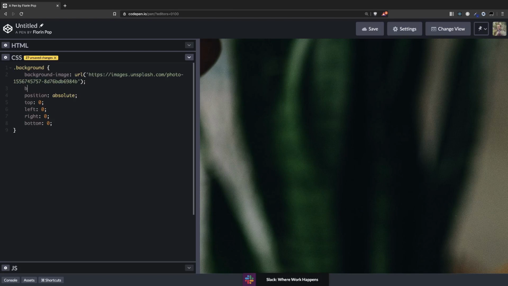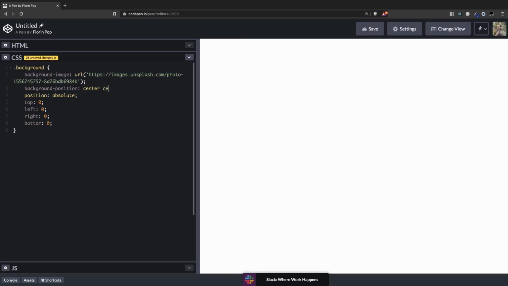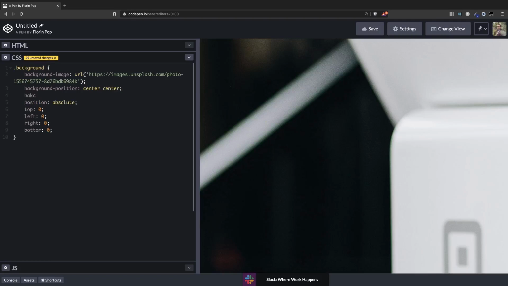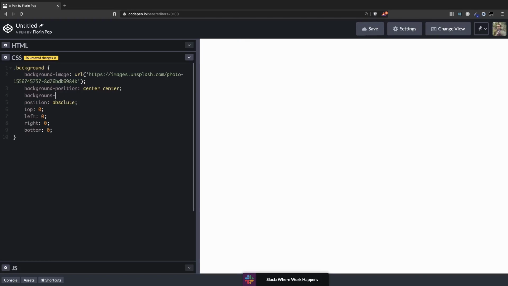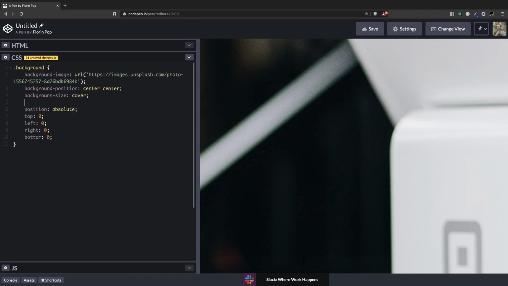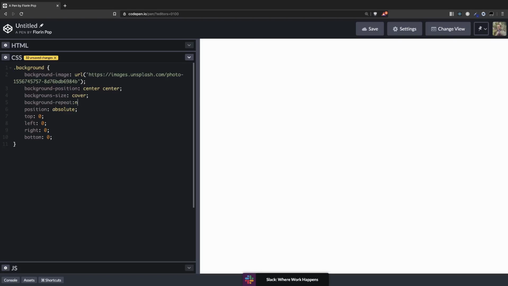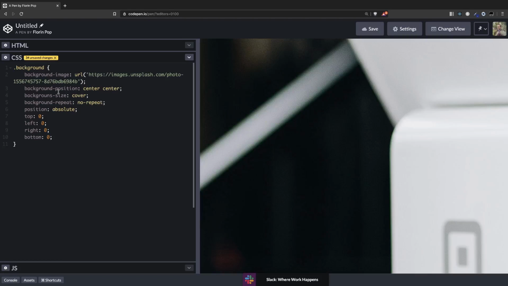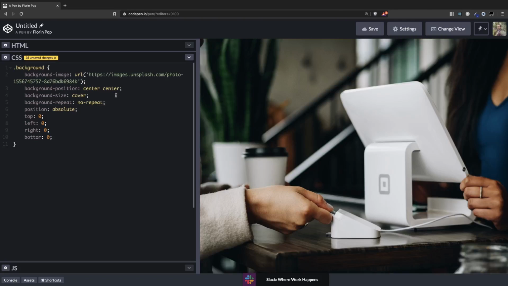Let's position the background. Background position will be center, center, and the background size will be cover. And we'll have background repeat, no repeat. Okay, background size. Okay, perfect. Now we have the background nicely there, as it is the background of the body, but actually it's a div